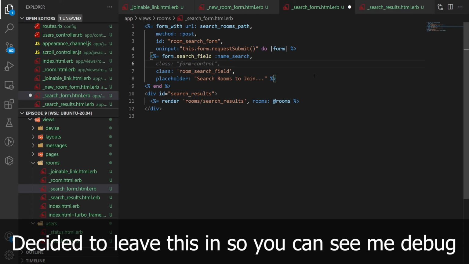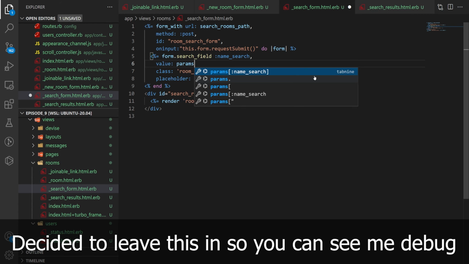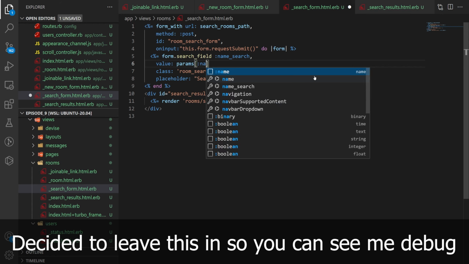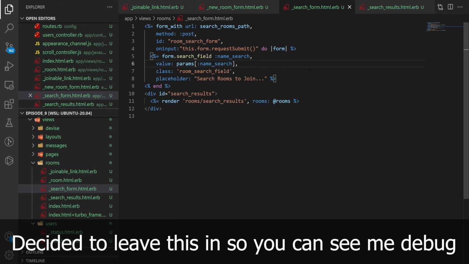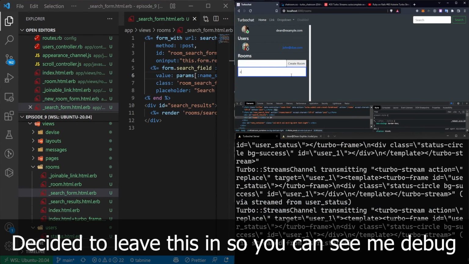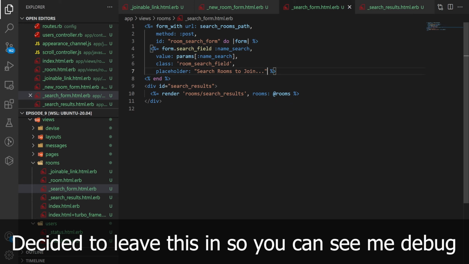which is probably my fault. This needs a value of params name_search. And I think, oops, a comma here as well. So we'll save that, refresh. And this on input, because I wasn't paying attention, actually needs to be